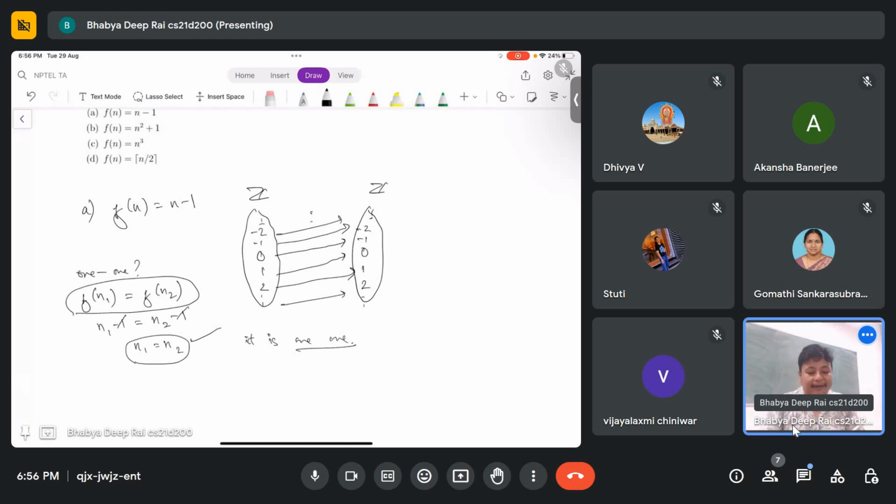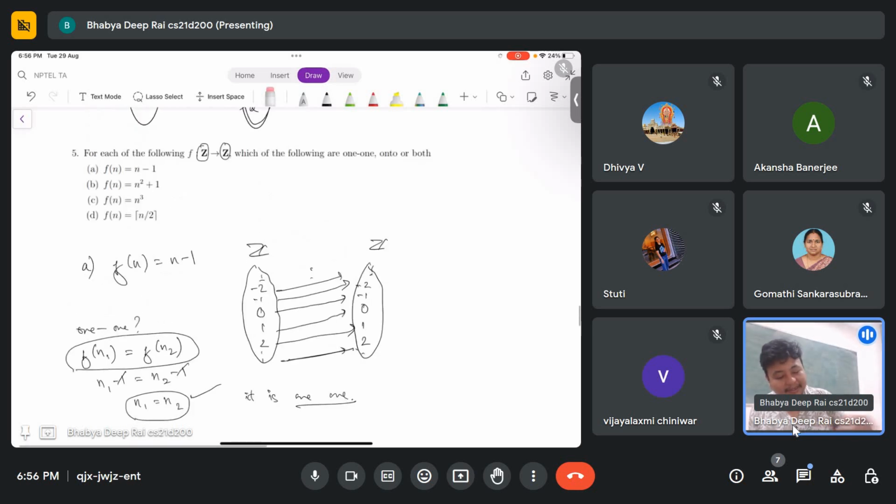Right? And is it onto? Yes, it is onto. Every element has an inverse. You can go back to every element. If it did not have an inverse, for example, if one element were not mapped to, then it would mean that this element was left out. But it happens so that you can get every element from it. For example, if output equals y,